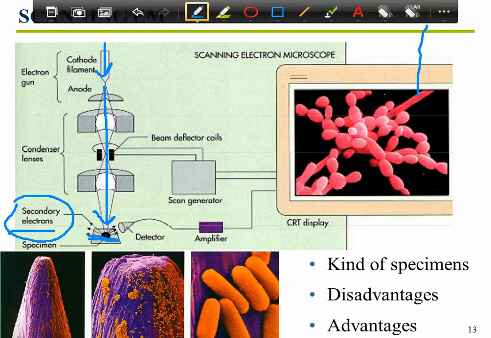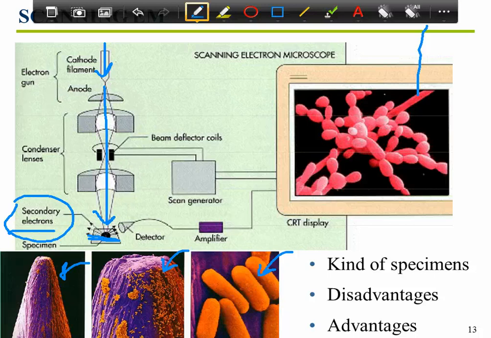Now the picture you're looking at on the bottom is the head of a pencil. This is pencil lead, but right here, magnified even higher, you can start to see bacteria, and here even higher. So magnification on a scanning EM goes up to 200,000 times. Remember, TEM was upwards of 1 million or more, so we're talking 5 times greater magnification for transmission